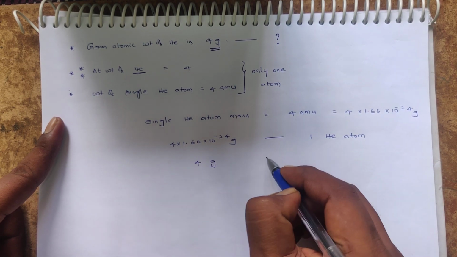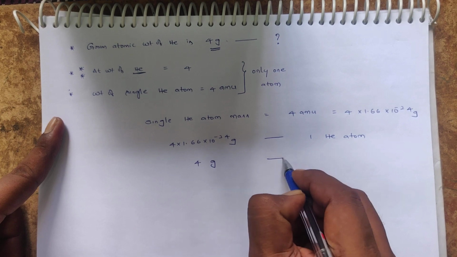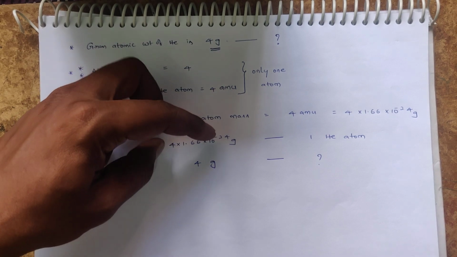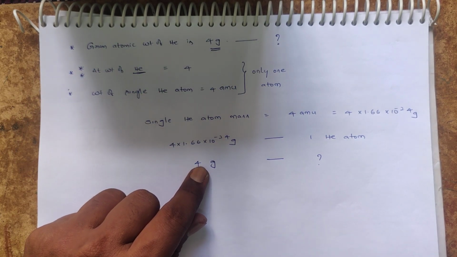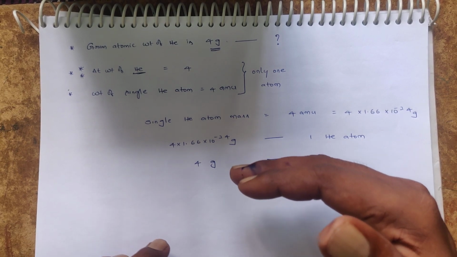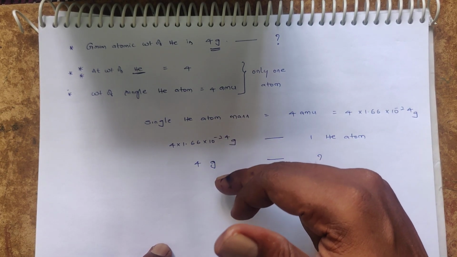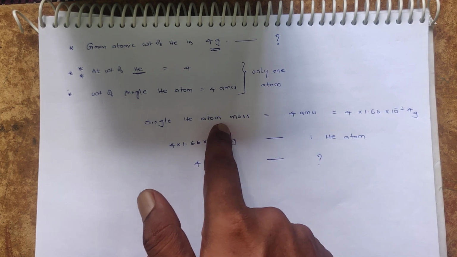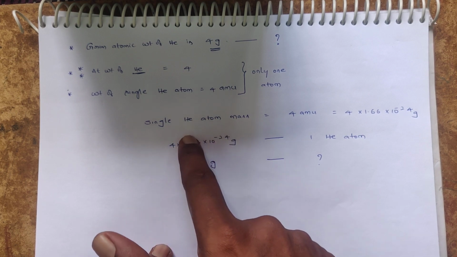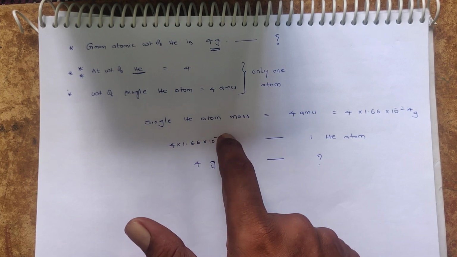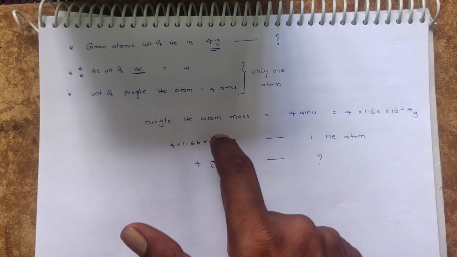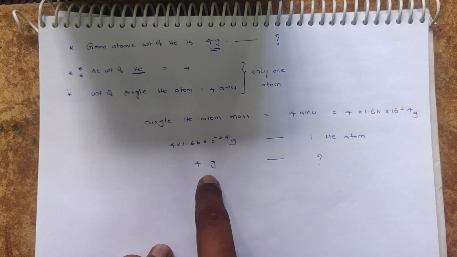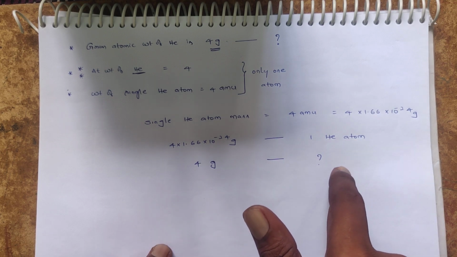Then 4 grams, which is nothing but gram atomic weight, is equal to how many helium atoms? How can you say that in this weight as well as in this weight only one atom is present? If you compare these two weights, there is a lot of difference. It is a very low value, 10 power minus 24 grams. It is a very high value when we compare this value with this one. No doubt these many grams contain one helium atom. Then what about 4 grams? This much weight is equal to how many atoms?